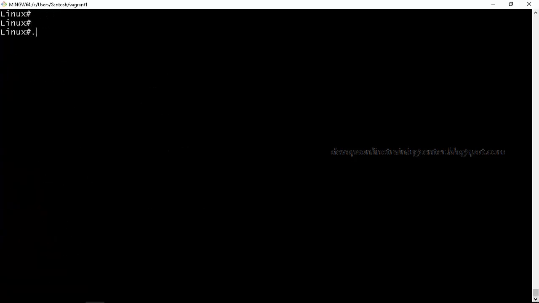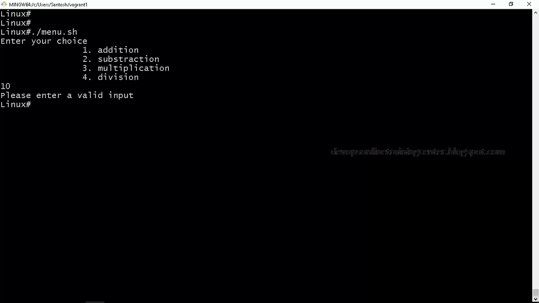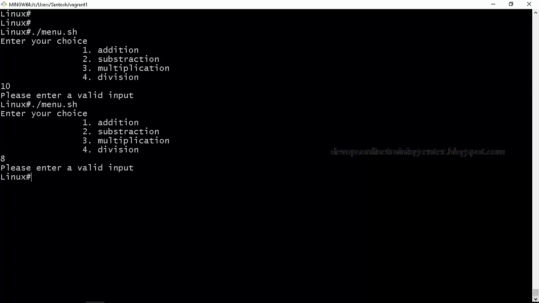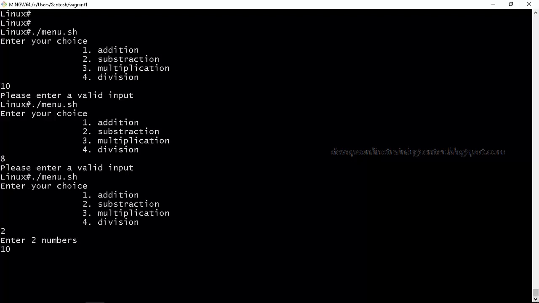Now let us say I give something which is not expected, 10. So it says please enter a valid input. So anything other than the values 1, 2, 3, 4, it will give an error. Or if I enter something like subtraction, enter two numbers, I'll say 10, 8.